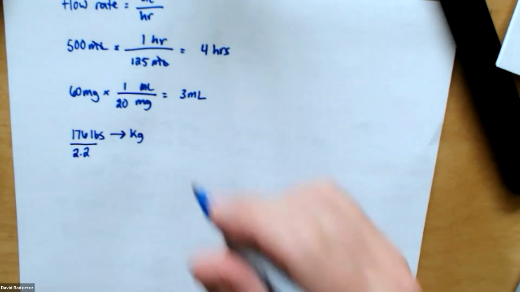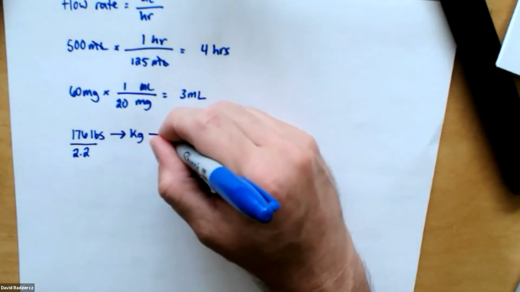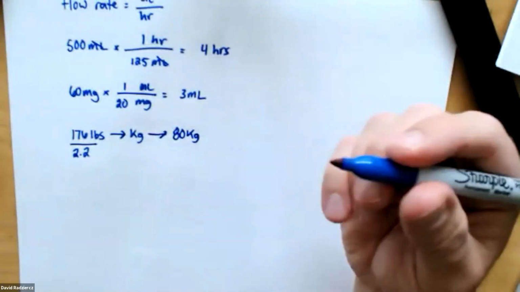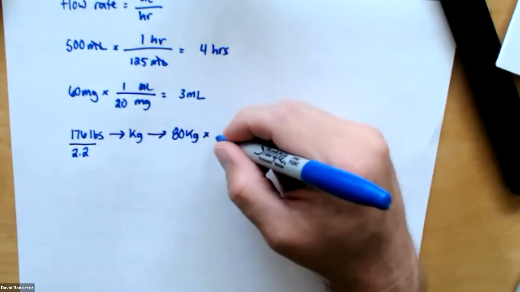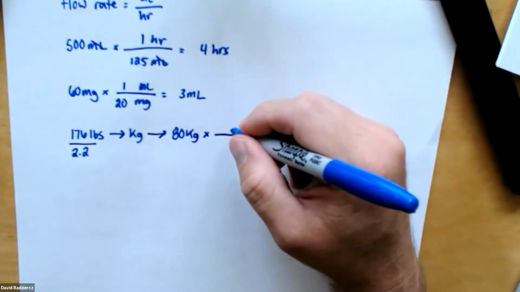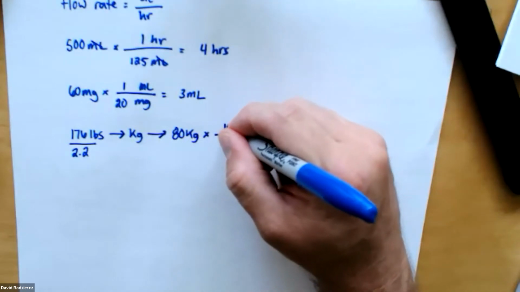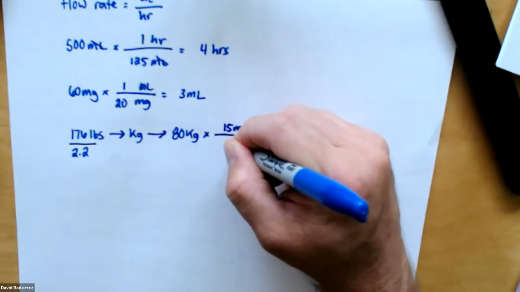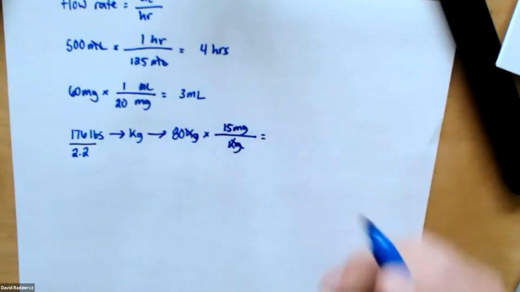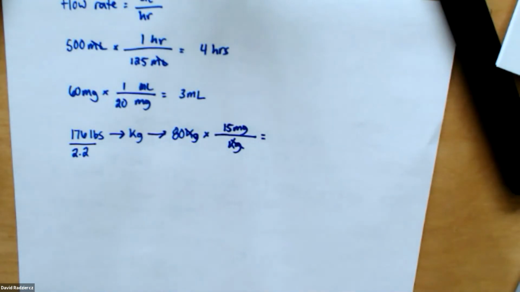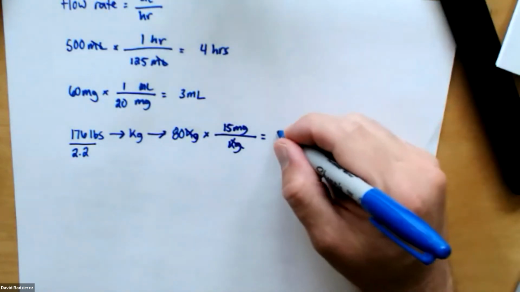So 176 pounds divided by 2.2, and we get 80 kilograms. Okay. Then we're just going to take that 80 kilogram patient's body weight times the loading dose, which is the 15 milligrams per kilogram. We know we set it up right because we can eliminate kilograms and we'll be left with milligrams. And then you do 80 times 15 and you'll get 1200